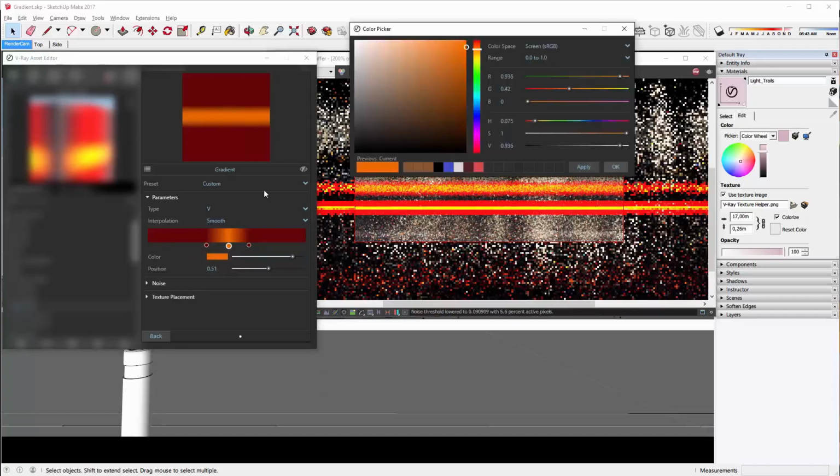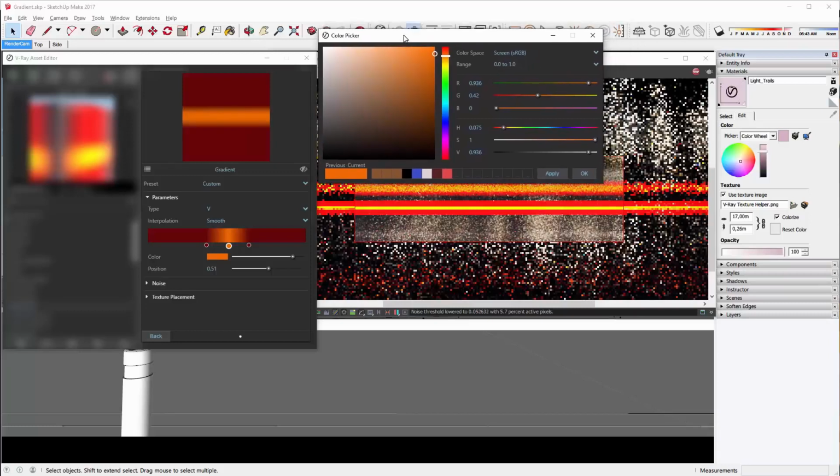And if I click on the color, you'll see that we also have made something new here. We have a new color picker, and I'm going to talk a little bit about it. So basically, we have options here for color space, and color space means that you're going to view the color in this case, sRGB space, so with gamma applied.